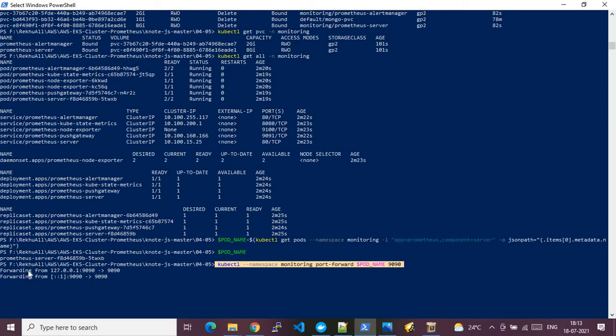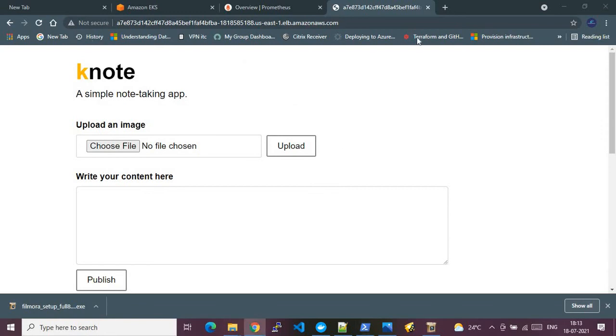Now as you see here, it has forwarded to this address, targeting this port. Now I will copy this address and access it from our browser. This is our application, which we just saw. Now side by side, let me access my Prometheus tool.